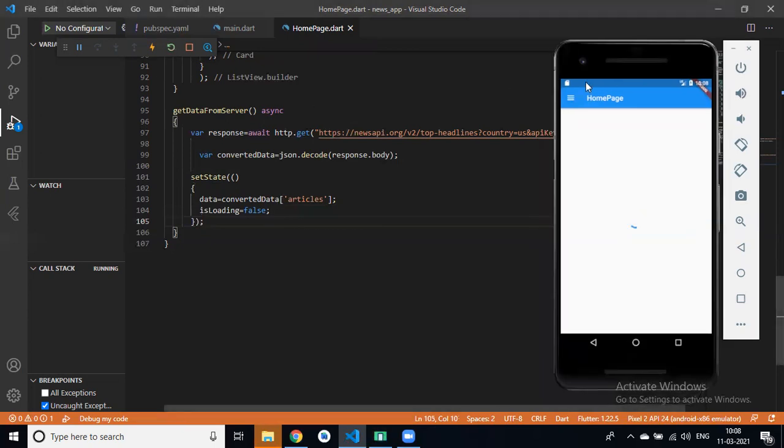So if I hot reload this, first the loading circular progress indicator, then our list view, right?